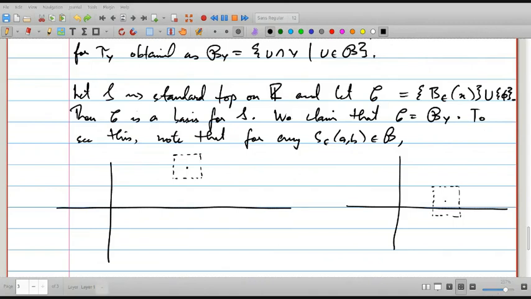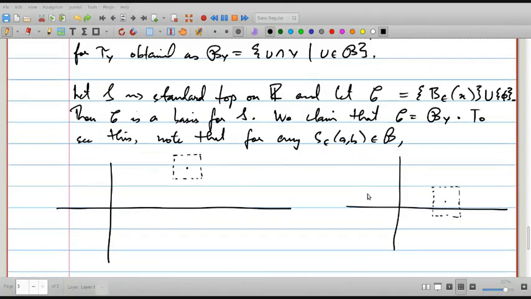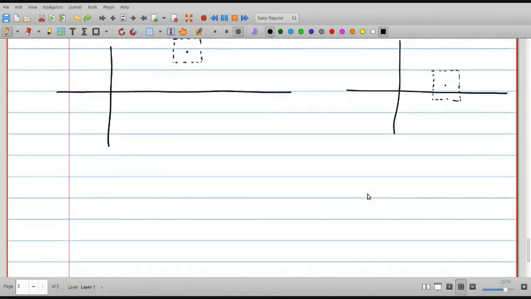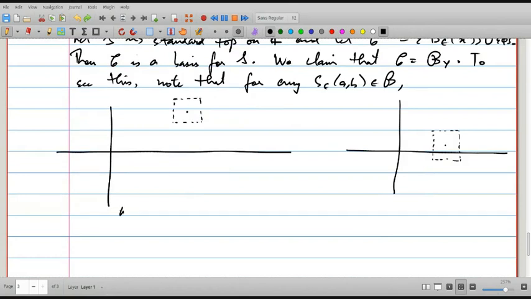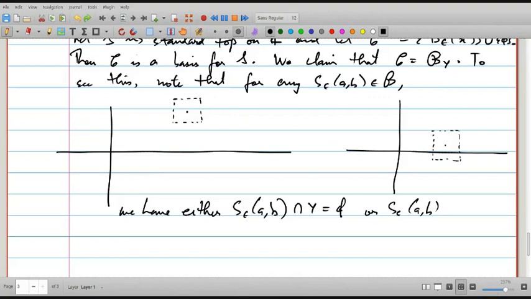So we have either S epsilon (a,b) intersected with Y is empty, or S epsilon (a,b) intersected with Y is B epsilon (a), the epsilon ball around a. So this shows that B sub Y is contained inside C,